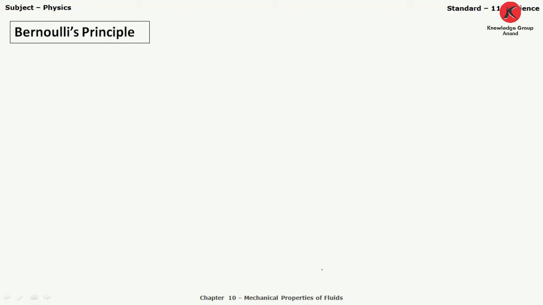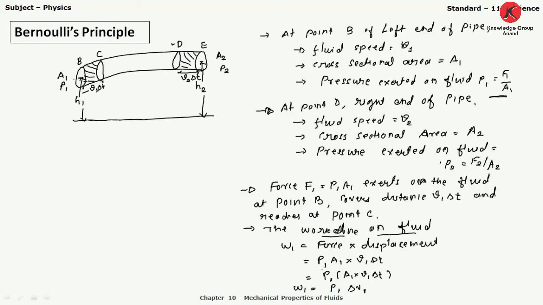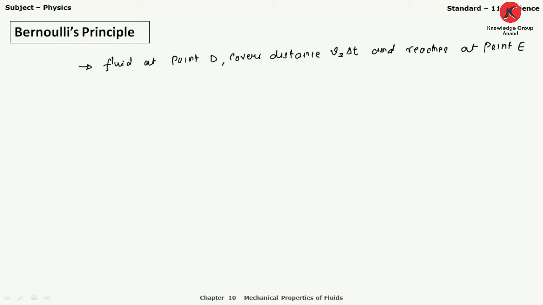Now, in a similar way, if the fluid at point D covers the distance V2 delta T, here we can see fluid at point D covers the distance V2 delta T and reaches point E. Now in that case, the work done by the fluid,